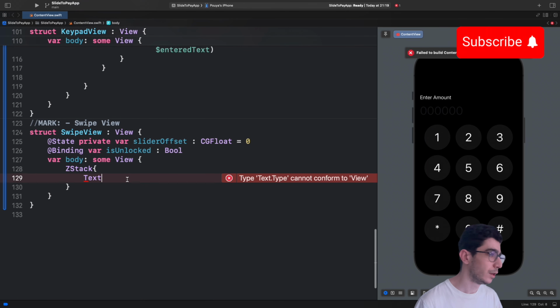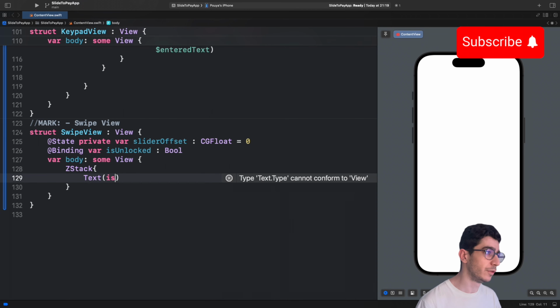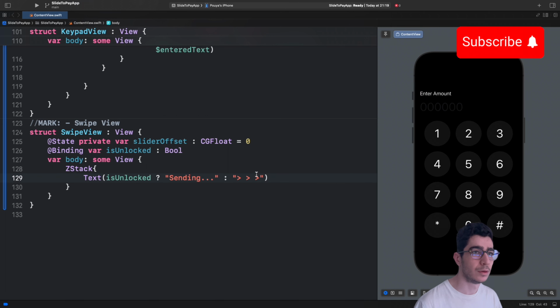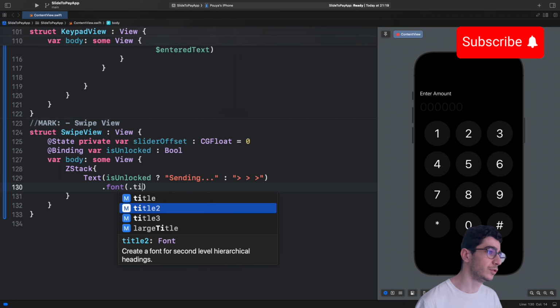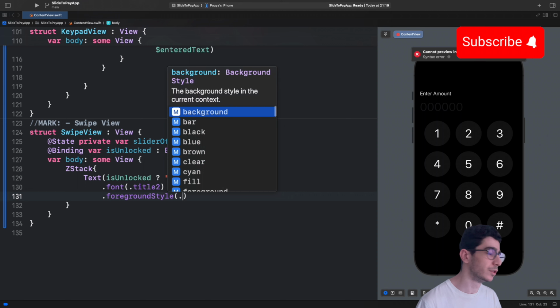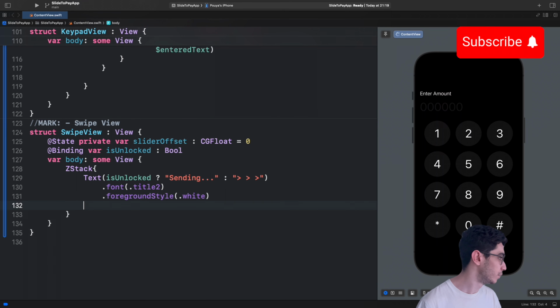So here we have text, and here if isUnlocked, then it would be "Sending..." with 3 dots, else would be "Swipe to send". So here the font would be title 2, and then the foreground style would be white,